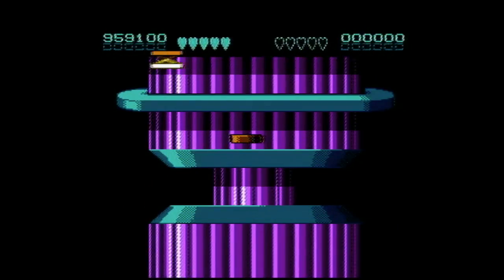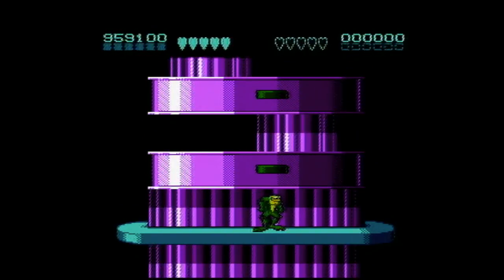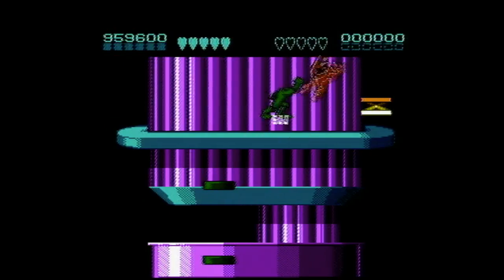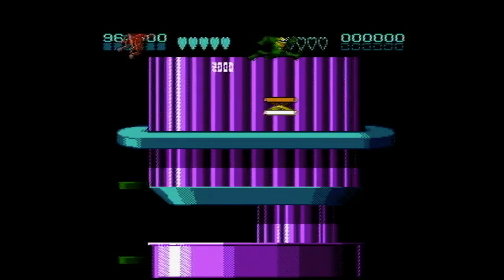Oh, I missed. Looks like I'm going back down to here. This is where they respawn you at. It's the 4 platforms. 1, 2, 3, 4. So now I don't have my stick anymore to kill the red hornheads, which is pretty annoying, but